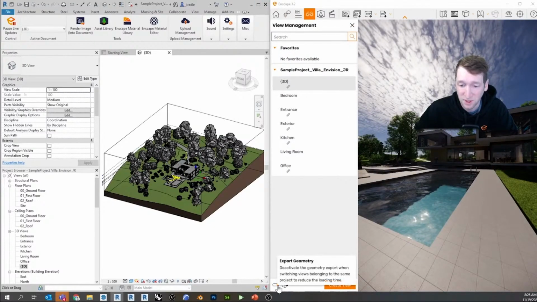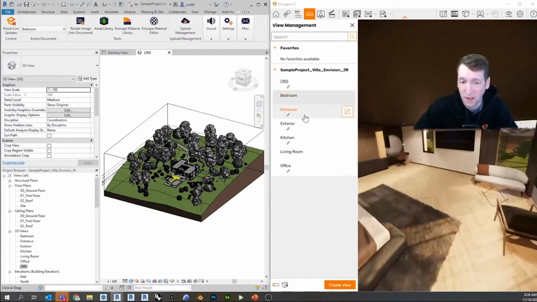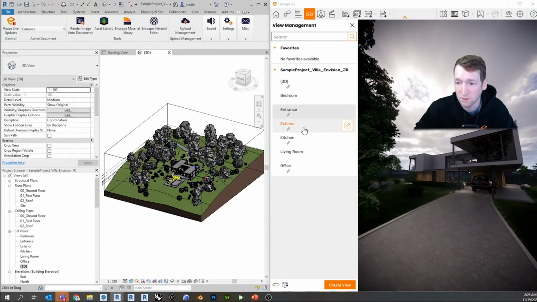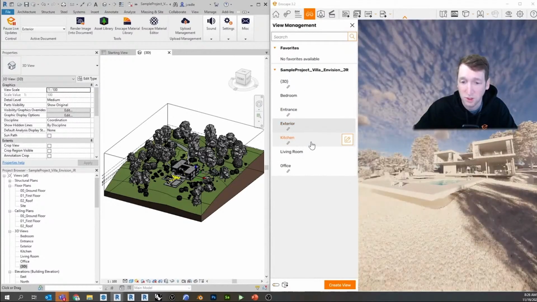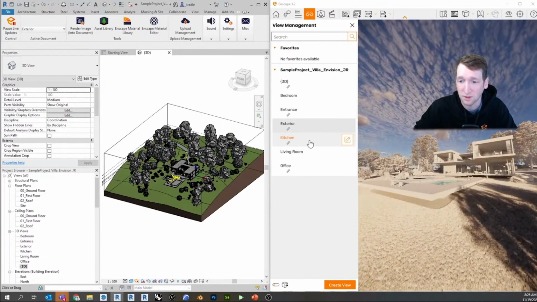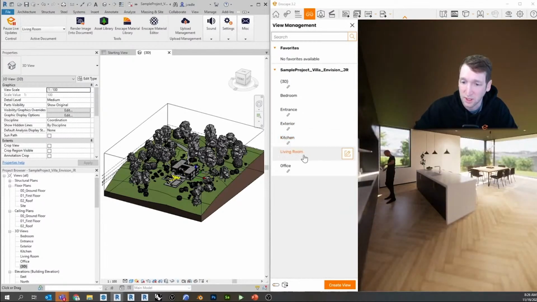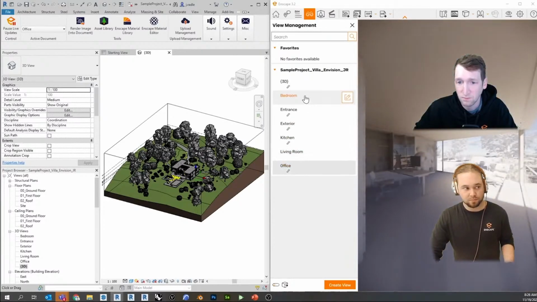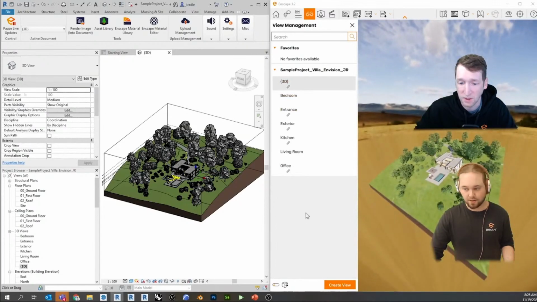So what this is going to do now is if you deactivate this, now when you switch between views, it's going to not reload any of the geometry from your design application. So now it's literally just taking whatever's loaded in here, and now you can flip between the different views without having to reload the geometry all at once. So again, this will allow you to flip between views a lot faster, especially when doing a client presentation. Again, just flipping between them. So it's a lot smoother now.